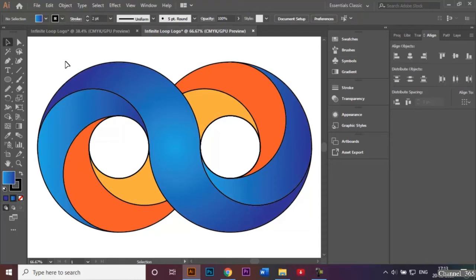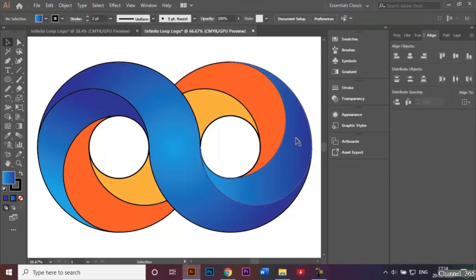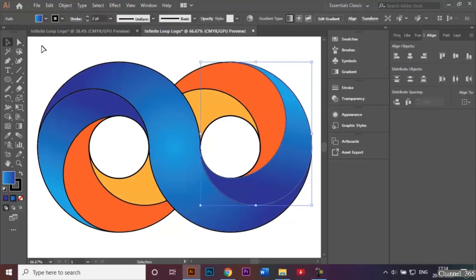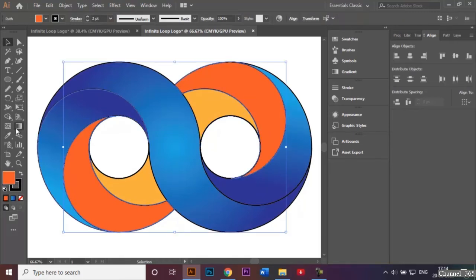Okay, I'm going to make slight changes here now. I'm going to select this one, click on the gradient panel, and then just drag my mouse like this to adjust the gradient directly. Similarly, on this other side, I'll select this, come back here to this gradient panel, and just drag it like this at a certain angle. Select the next shapes again, come back to the gradient tool,